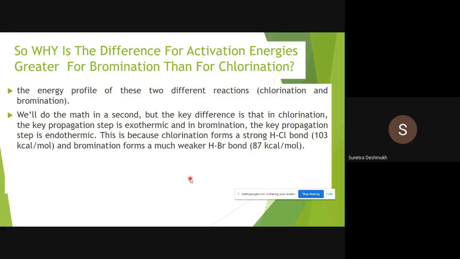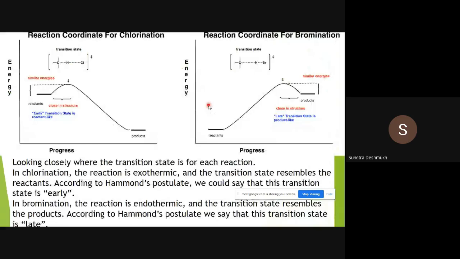So this is the second factor we can consider for why selective bromination occurs, not selective chlorination. In this way we will go to the next slide for the reaction coordinate, that means the energy level diagram. So the reaction coordinate for bromination and